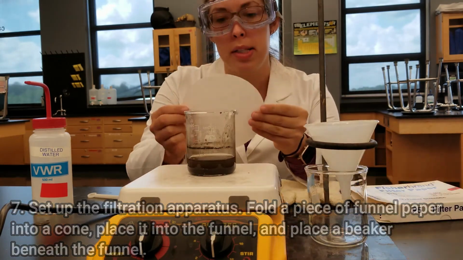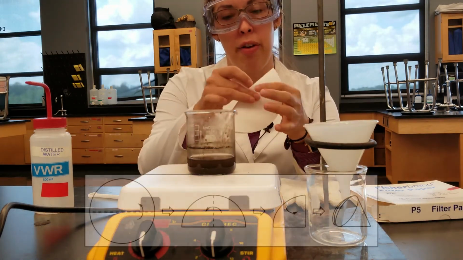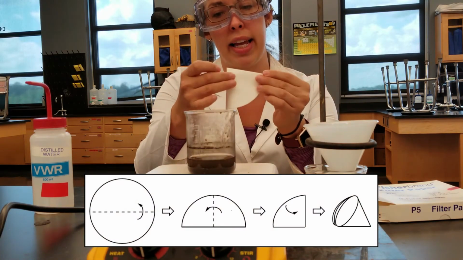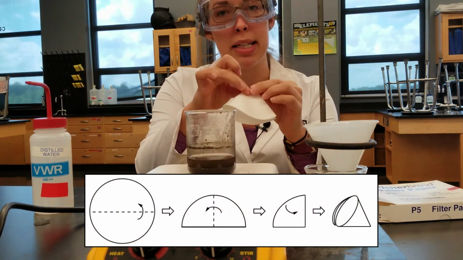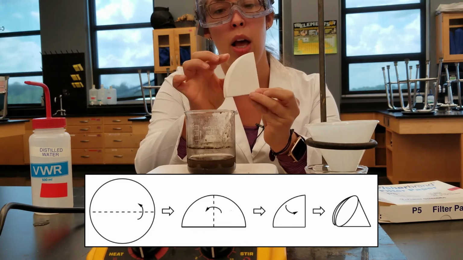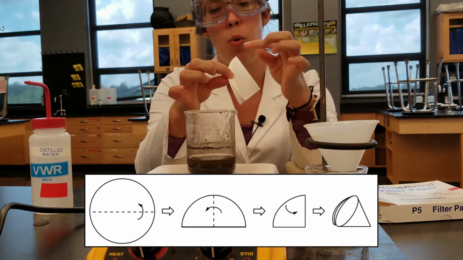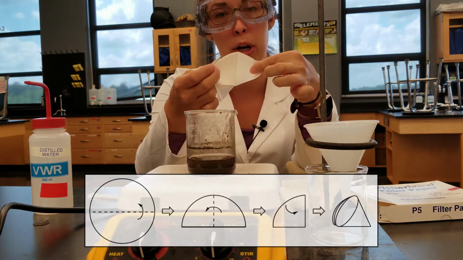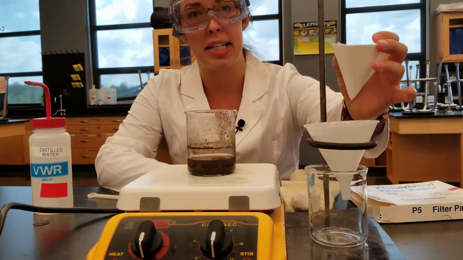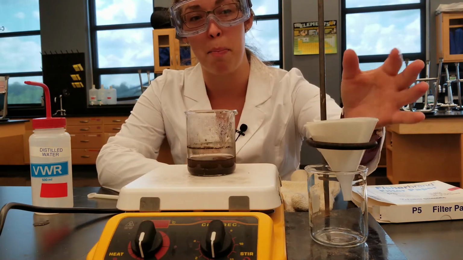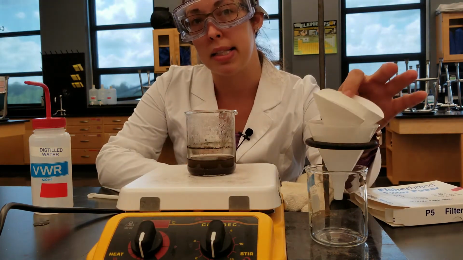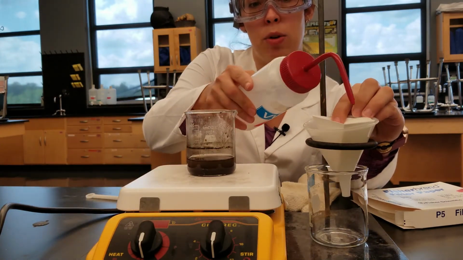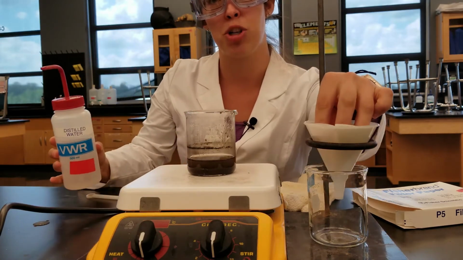Take one of these circles, fold it gently in half, pressing the crease very softly, and then fold it in half again. I'm not using my fingernails because I don't want to tear the paper. If I grab just one edge and separate it from the other three, I have a little paper cone that's super cute. When I stick it into the plastic funnel, it's probably going to pop back out. And because this can move around, I will dampen it with a little bit of distilled water just squirted onto the sides to make sure that it sticks.